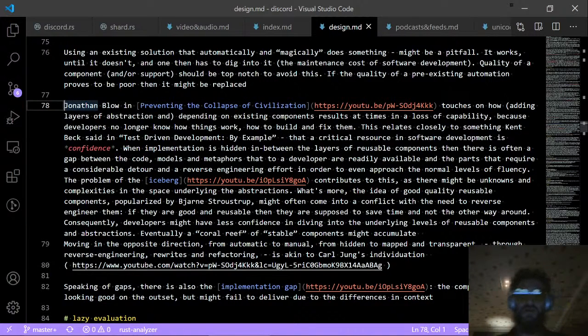So when Jonathan Blow talks about the loss of capability, developers, when they use all those layers of the coral reef, they are losing capability sometimes to operate on the structure. And how do we measure this capability in ourselves? We can measure it through emotion, through confidence. Confidence is our feeling about capability, right? And here I write that, basically,